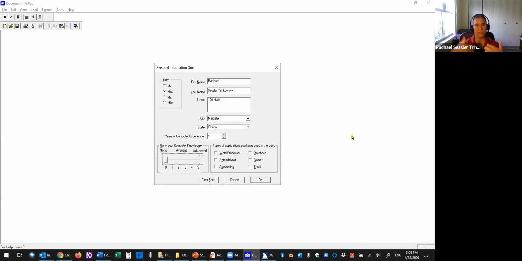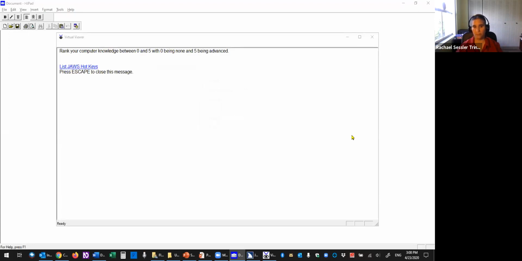We are just going to go 1% at a time. Because I'm using JAWS, I want to show you one cool feature. I'm going to do an insert F1, which is the JAWS context sensitive help. Rank your computer knowledge between 0 and 5, with 0 being none and 5 being advanced. Okay, so I have some additional help that I could do, and that insert F1 will open context sensitive